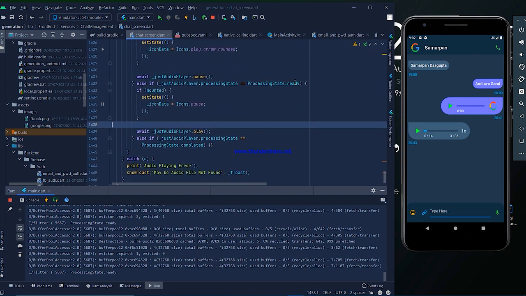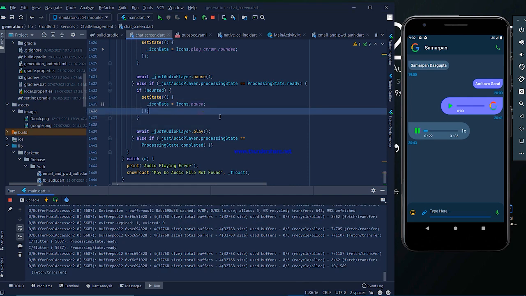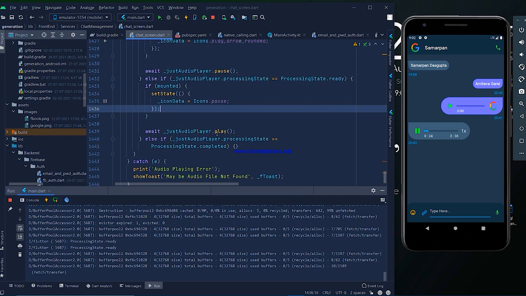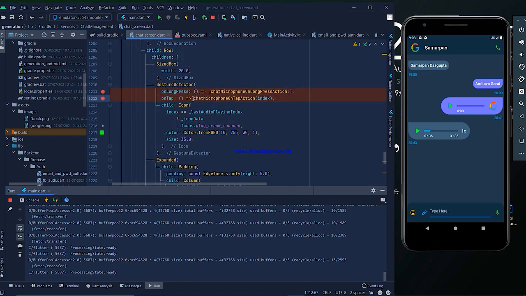And after that there is another condition, processingState.ready, that means the player has enough audio buffer and is able to play. When this is in the pause state, we click on here, the play icon converted to the pause icon. So here we converted the play icon to the pause icon, and then we just play that audio. Okay, and we also wrap it with the try catch block, and if any error happens, that will show a message, maybe audio file not found. Okay, so we understand on tap action.